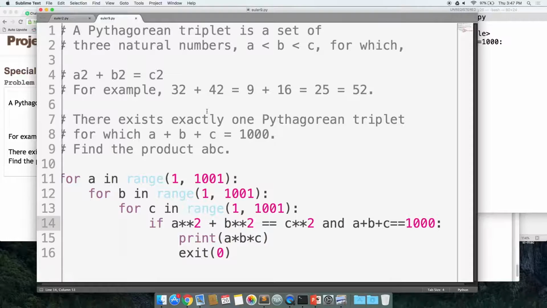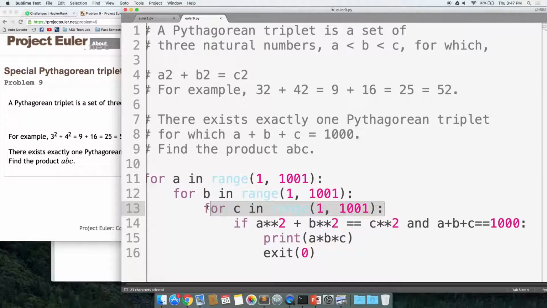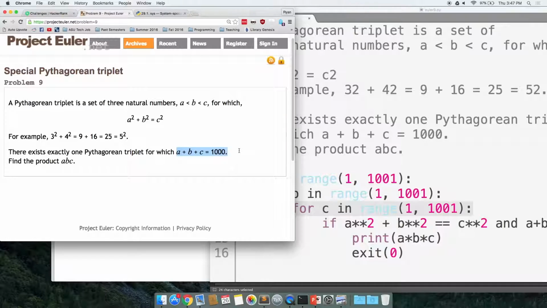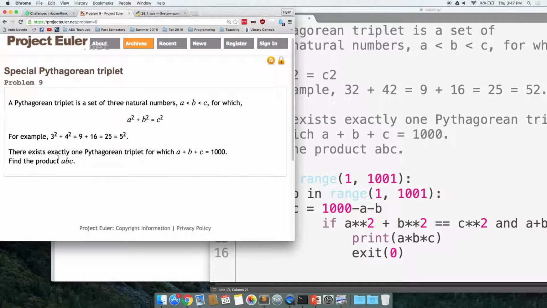I'll show you how to eliminate 2 of the 3 for loops, but for now let's just remove 1. So we note that they're actually related by this equation, right? And they're also related by this equation, A plus B plus C is 1,000. So I actually don't need to loop through C now, right? So what can I do instead? Well, I know they must be related by this equation because I don't need to consider any other one. So I can just set C to be 1,000 minus A minus B, because that's exactly what this equation says,